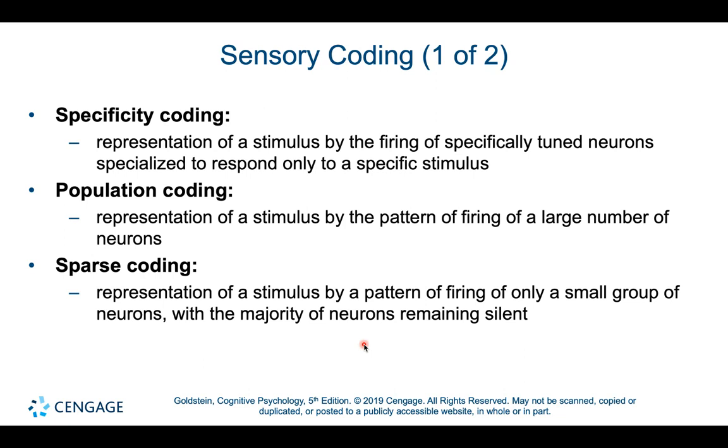Now, this begins to happen through different patterns of responding, right? So remember our discussion of levels of analysis earlier. We can't just explain the brain's activity and its functioning at one level of analysis. We have to build upon levels of analysis. So specificity coding is what we call the activity of feature detectors. It's the representation of a specific stimulus by the firing of specifically tuned neurons that are specialized for that stimulus and only that stimulus. But then as things in the world get more complex, as our perceptions get more complex,